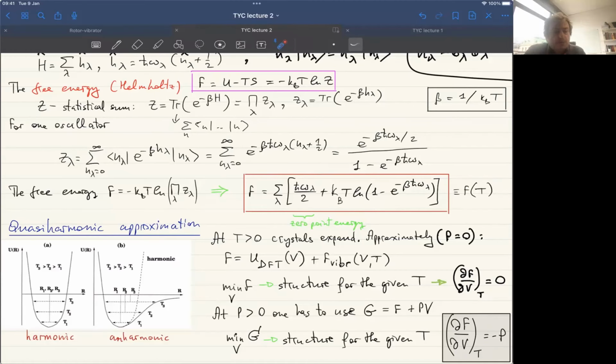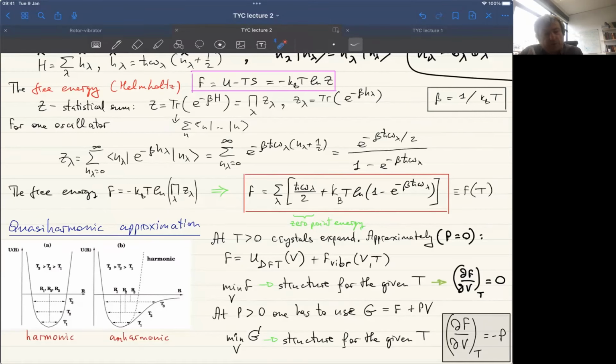But this type of calculation is rather complicated. If you want to use these explicitly anharmonic terms, you will need to calculate the third order, fourth order derivatives of the potential energy, of the total energy of the system with respect to atomic displacement. You have seen that the second order derivatives are rather complicated to calculate, and let alone third and fourth order. So